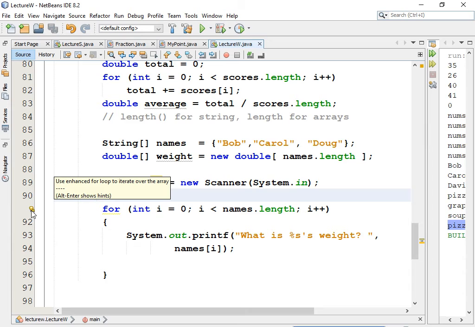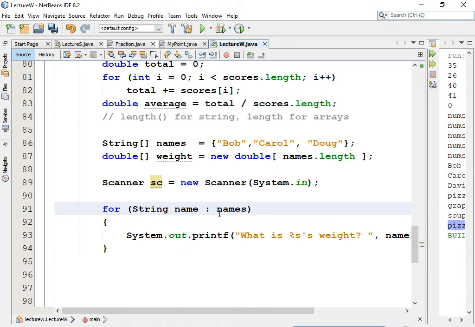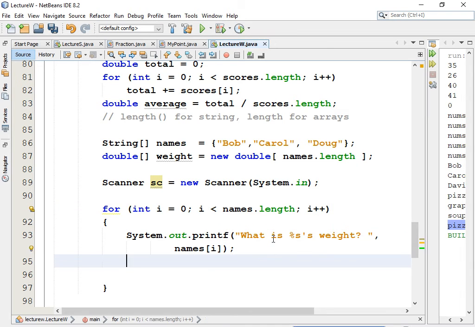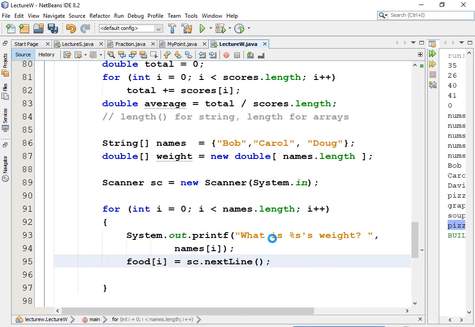Okay, so NetBeans is calling it an enhanced for loop. A for each loop is an enhanced for loop. If I accepted that warning, I could change it like that, right? And that looks fine. But we will not be able to store data into the weight array if we did it that way. So I'm going to undo that. And so then I'm going to say food[i] = sc.nextLine();